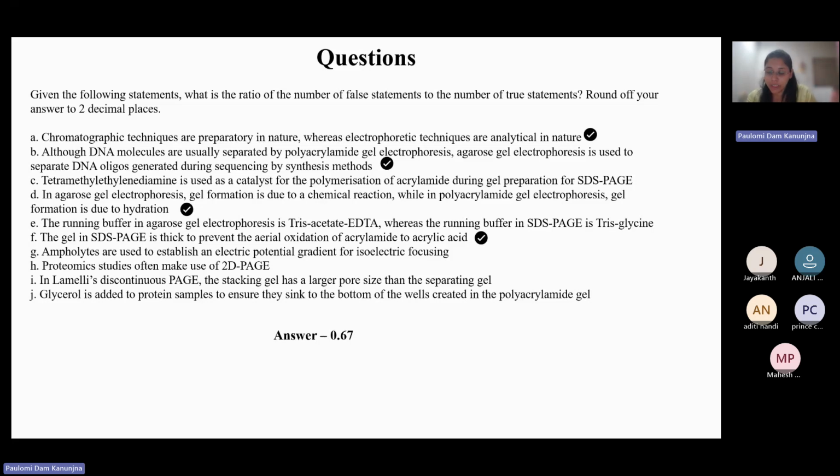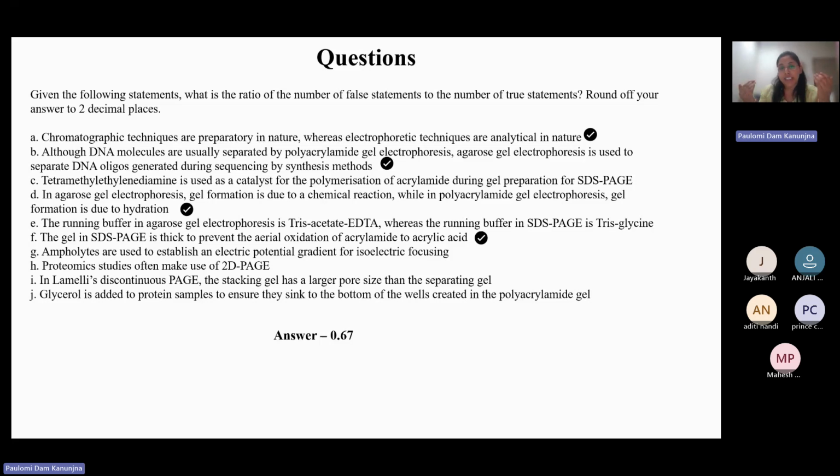So preparatory chromatography, or preparatory techniques in general, is used to isolate and purify compounds in large amounts. So you basically prepare the sample, so you isolate the sample or purify this compound. While when you're saying analytical, what you're doing is analyzing. So you're identifying the proteins, you're identifying the compounds, you're quantifying. So if you look at chromatography, generally, it might seem to you that it is used for isolating and purifying,